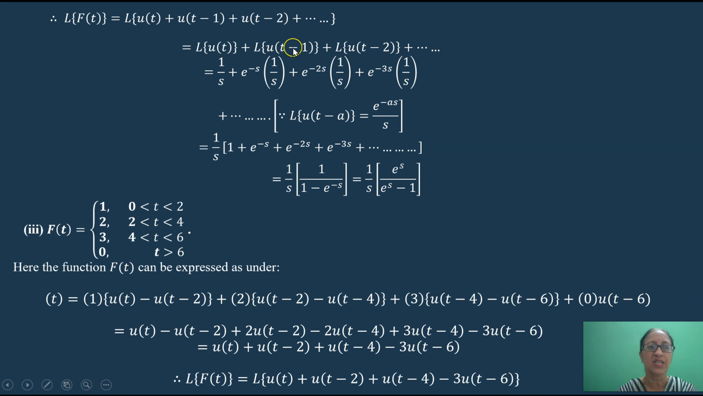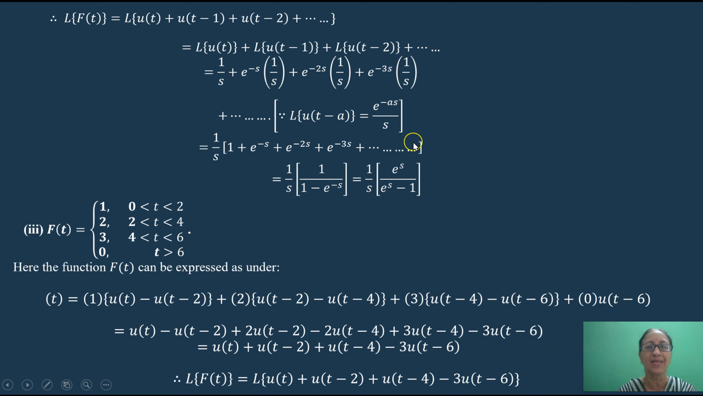Now let us find Laplace transform of each term. Here Laplace transform of u of t is 1 by s, plus Laplace transform of u of t minus a is e power minus as upon s. So you get here a equal to 1, so you get e power minus s upon s, plus here a equal to 2, so you get e power minus 2s upon s. For the third term a equal to 3, so here we get e power minus 3s upon s plus so on. Okay, because by using this formula L of u of t minus a equal to e power minus as upon s. Now if you take 1 by s outside, we get 1 plus e power minus s plus e power